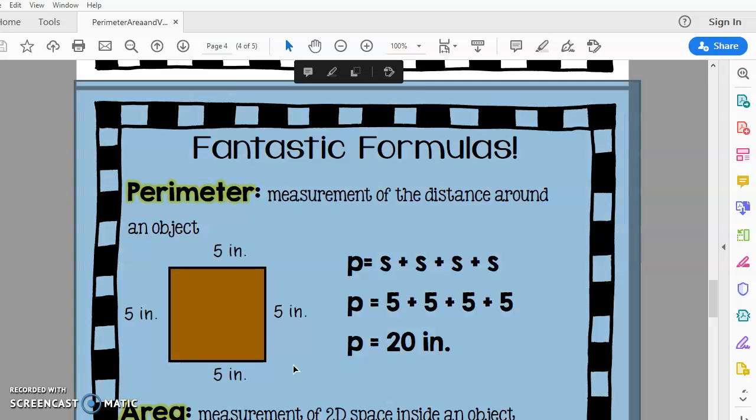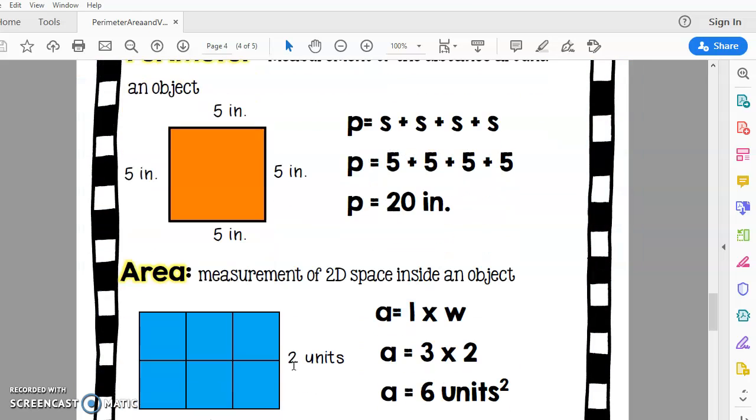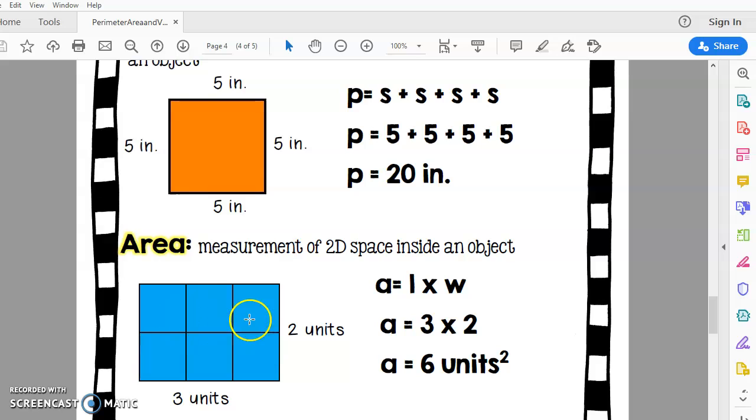Last week you also reviewed area, right? So area is when we're finding the area of a 2D object. That means it's a flat object. It is all the space inside. So you can count 1, 2, 3, 4, 5, 6. You can count the 6 units, but as the numbers get bigger, you're going to have to know a formula,